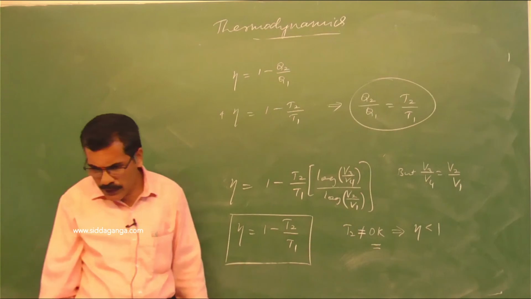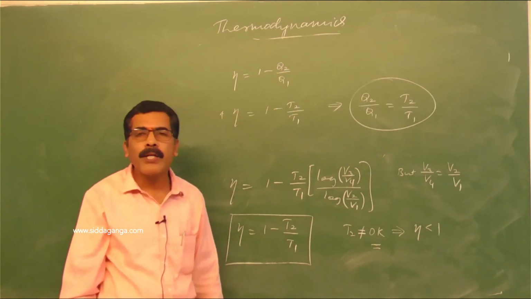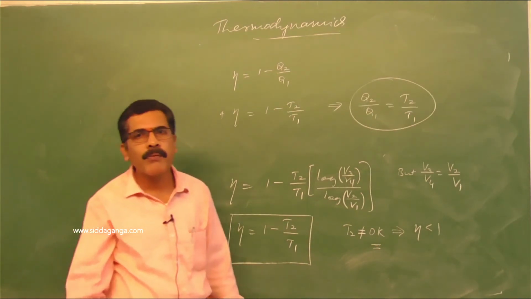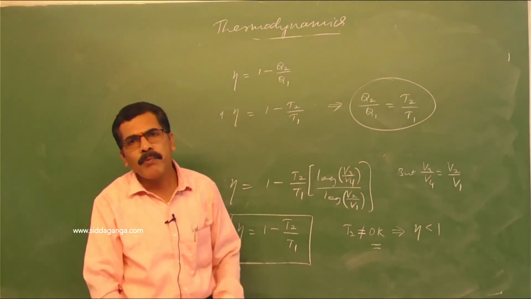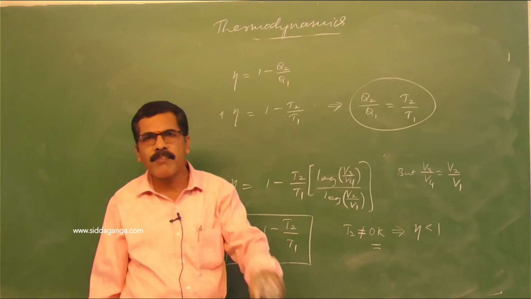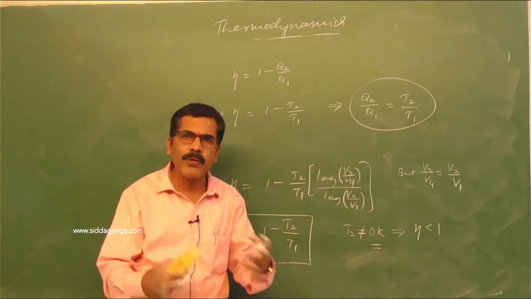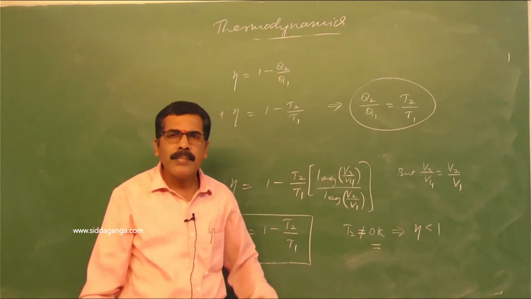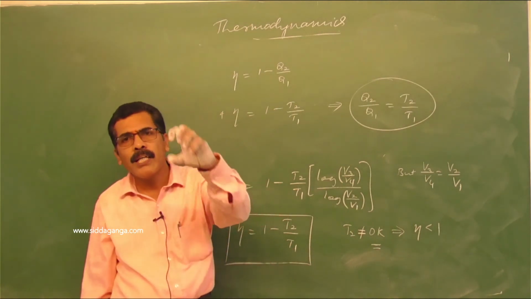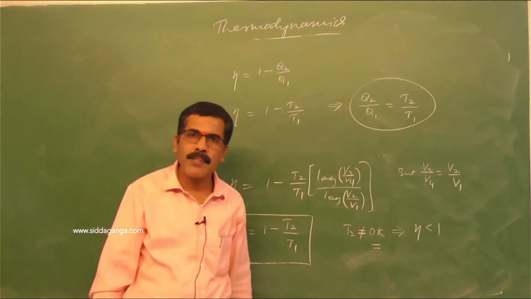Finally, I must tell you something about entropy of the system. We have made use of the terms enthalpy, entropy. They are all thermodynamic variables. Enthalpy means it is the total heat content of the system. Whenever there is a thermodynamic process, enthalpy may change, entropy may change. Then what is entropy? Entropy is the degree of disorderness of the system.